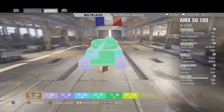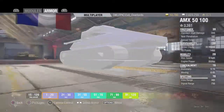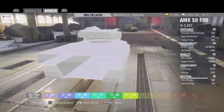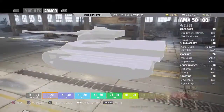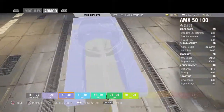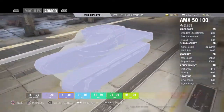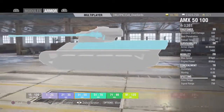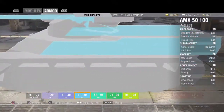As far as armor goes on this tank, it's pretty much non-existent. The maximum armor you have on this thing is 120 millimeters. But I will show you the armor on this thing. So pretty much your average shell damage is going to be about 320. Your reload time, 50 seconds standard, before you add any brothers in arms or anything like that, any food, any vents, but you can get it down to 40 something. You have 1,400 hit points in this tank, which is very healthy,